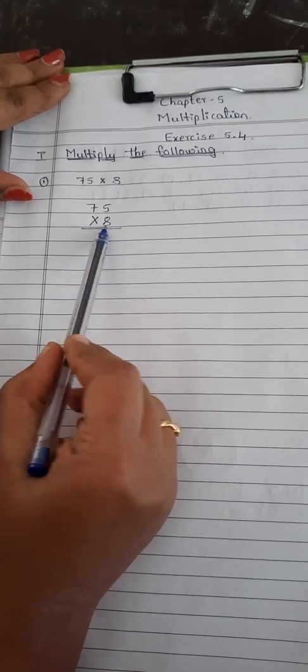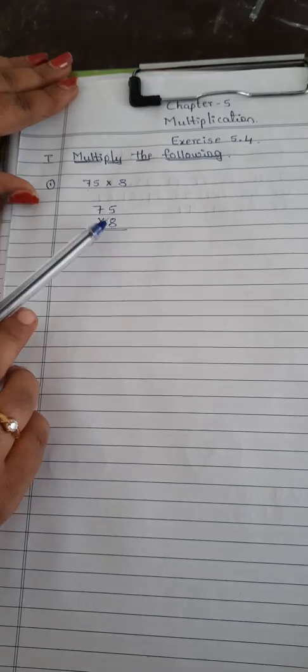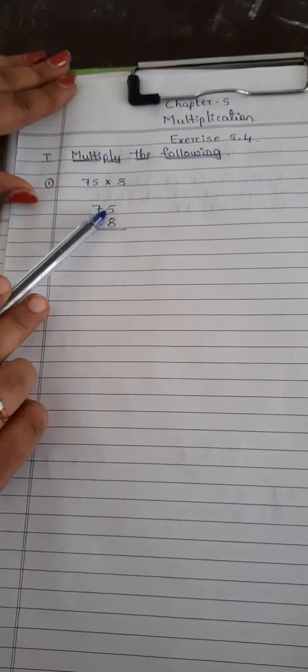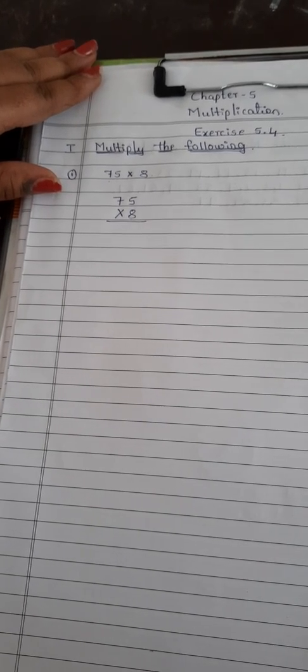See here, children, in the multiplier place, which number is there? 8 is there. So we have to say the 8 table now. Multiply 8 with 5, then multiply 8 with 7, and write as usual, as I explained in the previous class. Same, children, but here we have to carry. 8 5s are how much? Say 8 1s are 8, 8 2s are 16. Tell me loudly, children. 8 5s are 40.